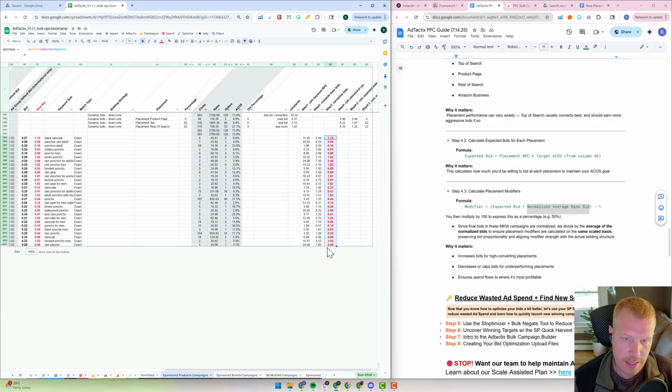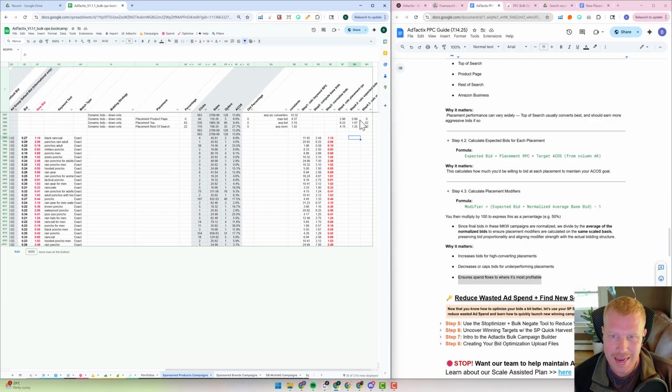So we do need to calculate an average of that, which is right here. And then you would divide the expected bids by this average, minus 1. And then we turn that into a percentage by multiplying it by 100. And that gives you your modifier calculation,